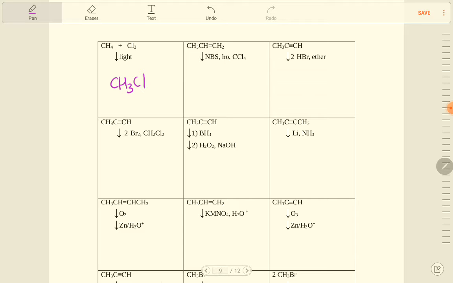This is NBS, CCl4, so basically CH2 Br or Cl CH CH2, so it's addition again. This is alkene or alkyne, 2 HBr. So in this one again I would highly suggest to identify the reactions,